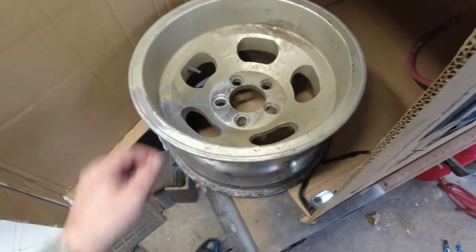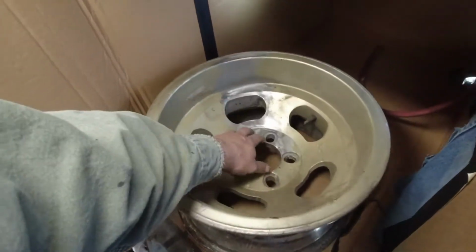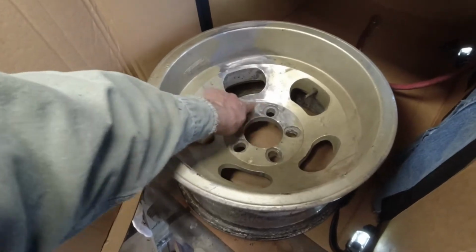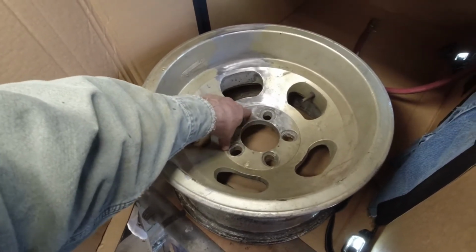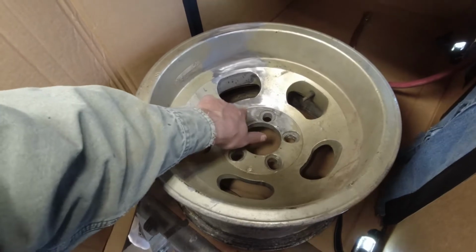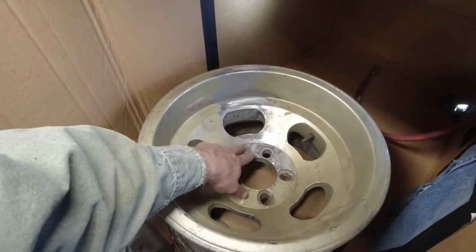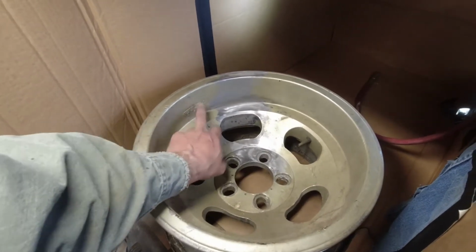All right, so I got one of my wheels in here, about to blast it. I did some test blasting, and it got this paint off really nicely. And then I went in with a fine Scotch-Brite on my little tool and did some cleanup, and that seems like it does a pretty good job of helping me get rid of the little gouges and stuff. So I'm going to attempt to blast this entire wheel. I'm hoping the blaster will take off